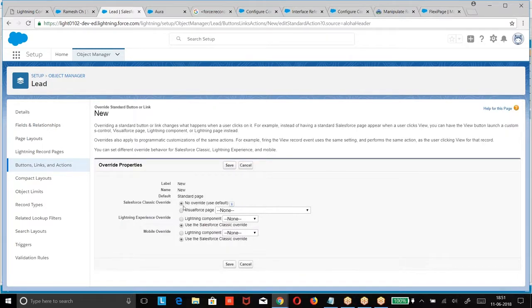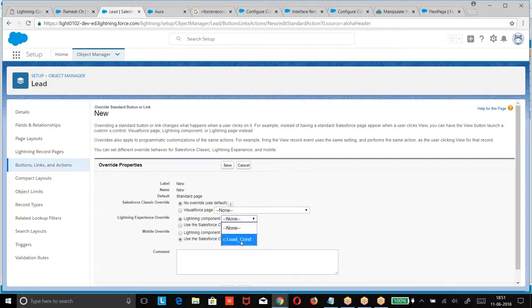Lightning Experience, Classic, Lightning. Now, lead. We are getting this component because we gave lightning action override. Because we implemented that interface, this component is visible here. Similarly, when you are trying to override a standard button in the classic, only those Visualforce pages which have the standard controller equal to name of that object will come.